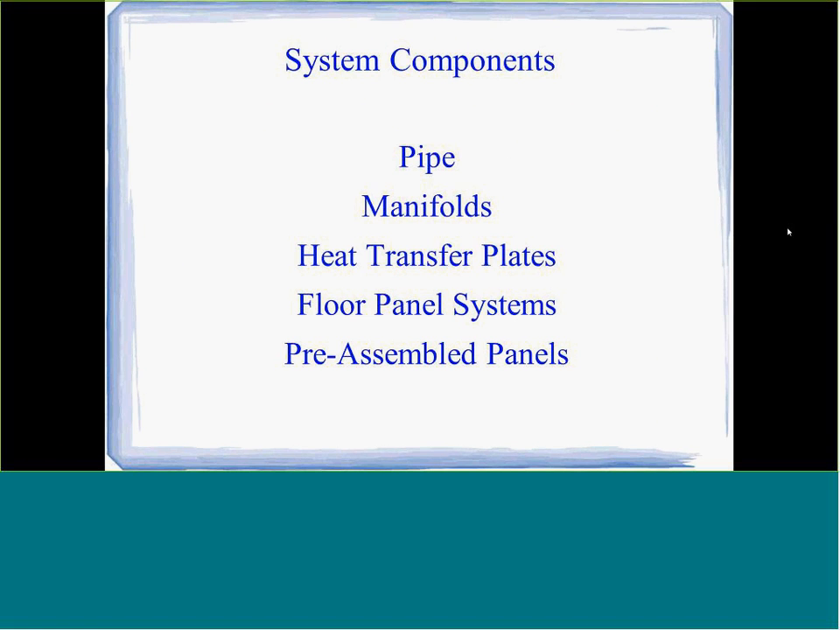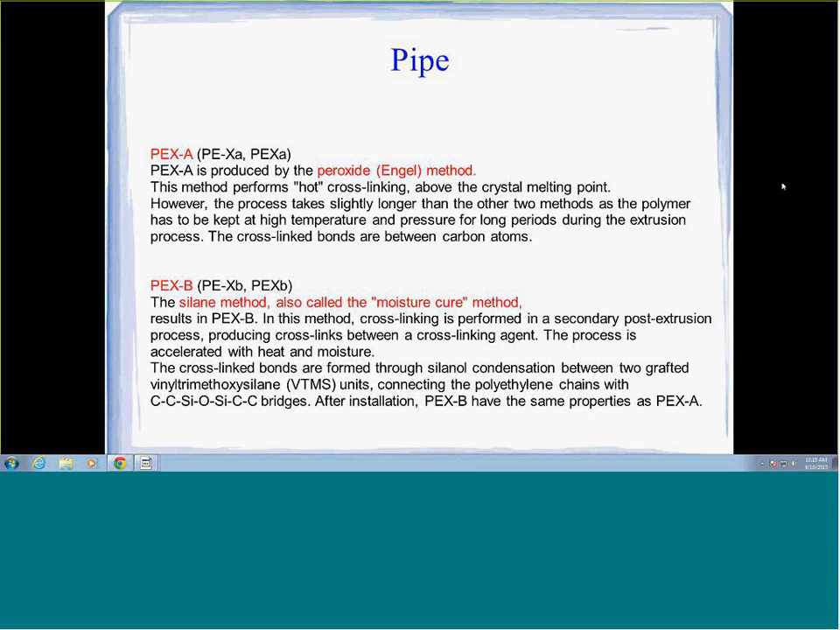Next, we'll cover some system components: the pipe, the manifolds, heat transfer plates, floor panel systems, preassembled panels. We want to be able to discuss some of the types of equipment that goes into the system. The pipe that we've been using for the last 30 years is typically PEX pipe, and there are really 3